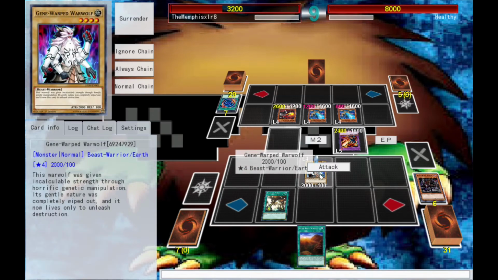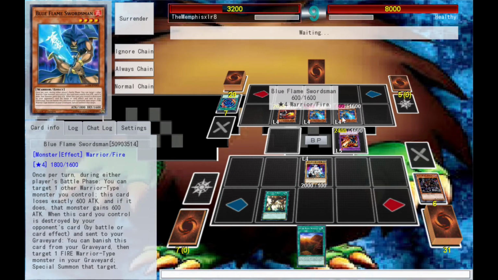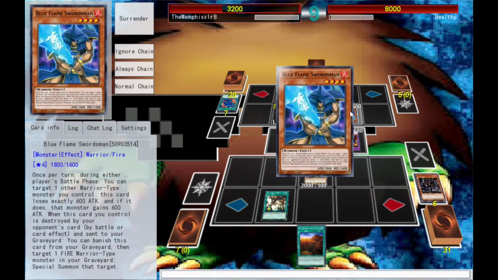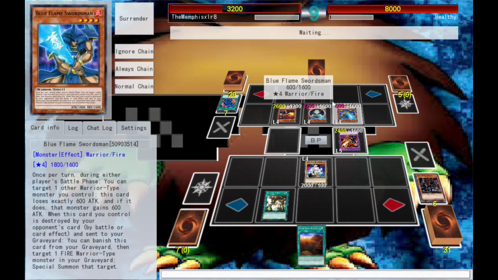But, Dermot, I'm not going to let you in just yet. I am going to kill at least one of your monsters. The wolves shall speak! Granted, he's going to... Oh, he's just going to sacrifice the attack onto the other Blue Flame Swordsman. I can understand that. So, when this guy is destroyed by battle, he gets to banish a thing...